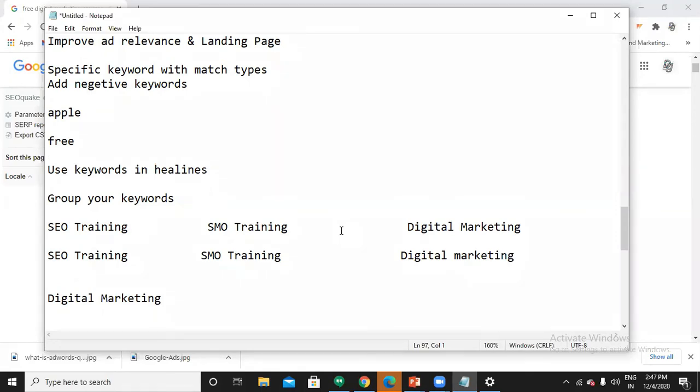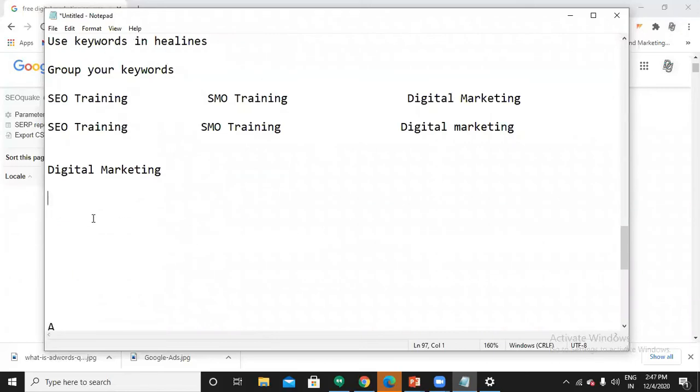If you have all three factors, CTR, ad relevance, and landing page, your quality score will become high. So quality score equals CTR plus ad relevance plus landing page experience. These are the three factors.